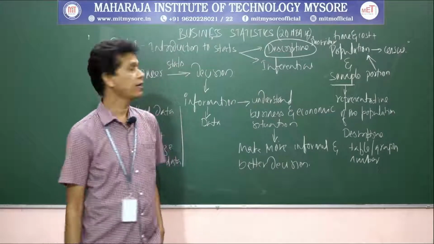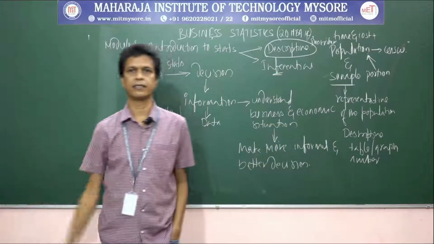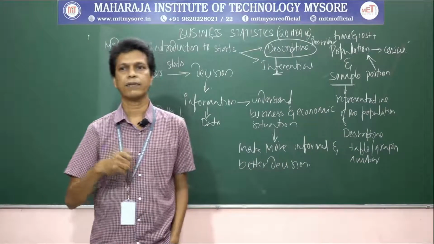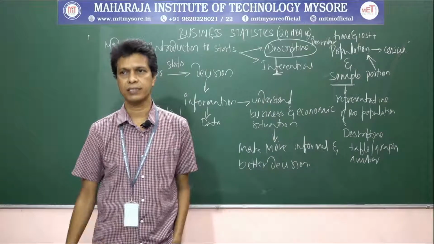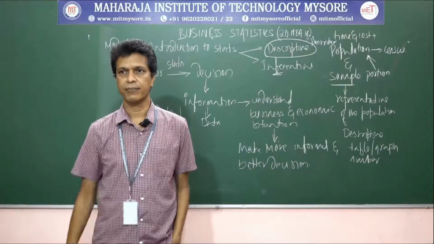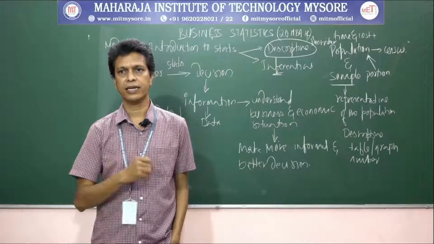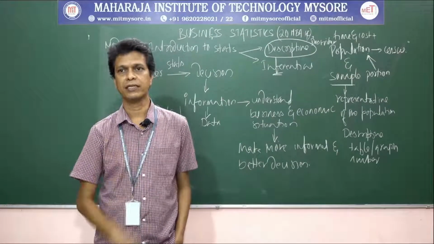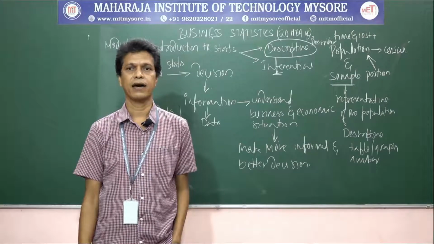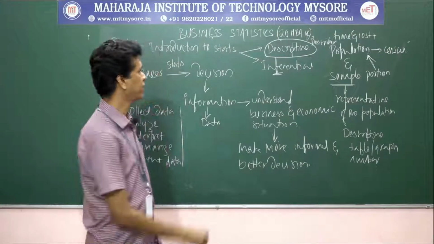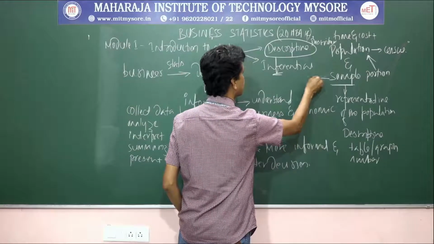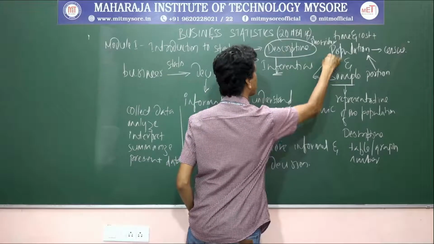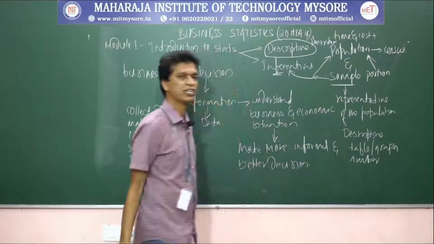Another type of statistics is called inferential statistics. If the researcher gathers data from a sample, because he cannot gather data from the whole population because of time and cost constraints, he uses the statistics generated from the sample to reach conclusions about the population from which the data was taken. Okay? Takes the sample, measures the statistics and infers about the population. That is called inferential statistics.